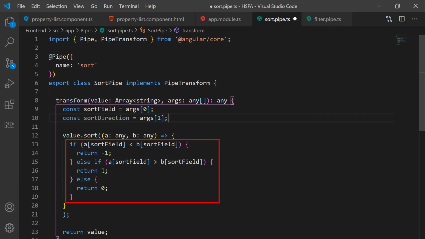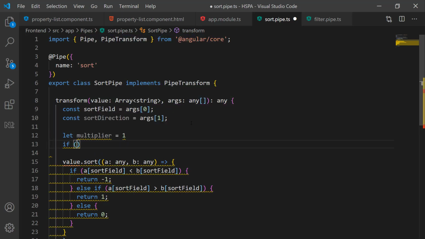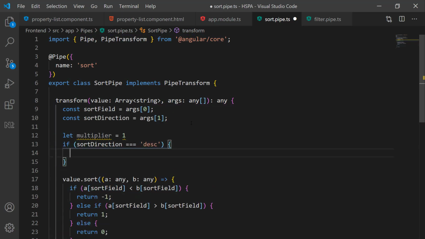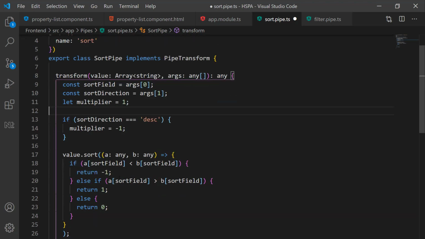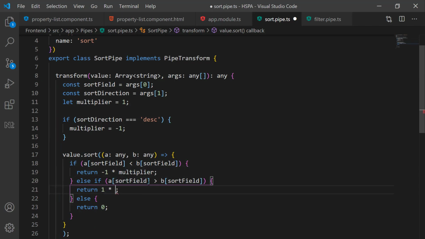So if we just reverse these two numbers, meaning it becomes positive if our sorting order is descending, and it should become negative, our purpose will be solved. So to do that, we can take a multiplier and set it to 1 as default, and if the sort direction is descending, we will set it to -1, and here at both the places we will multiply this value with our multiplier. That's it, we are done.